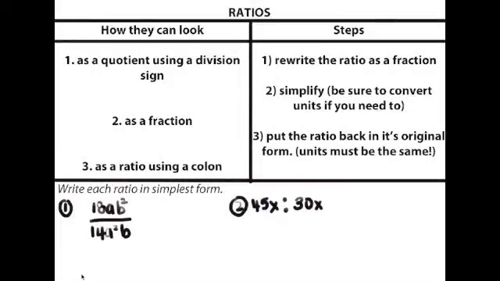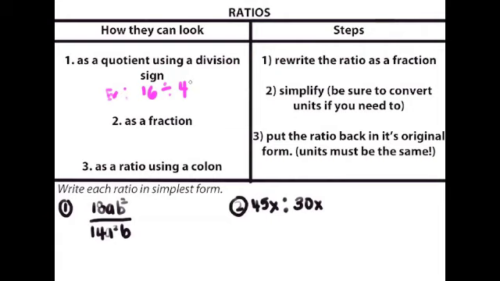As we start our next chapter, we're going to be looking at what we call ratios. Basically, I've split into two boxes here some important information. For ratios, on the left side here, they can look like a quotient, using a division sign. So maybe an example of that might look like this. Okay, so a ratio could end up looking like that, and basically a ratio is looking at a proportion of